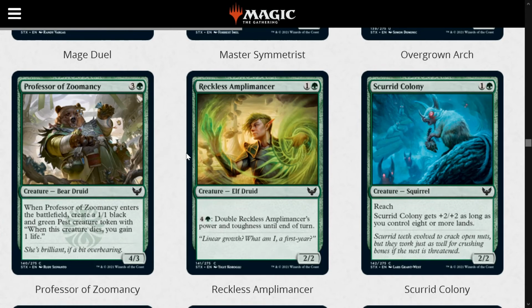So there's that. I have a bunch of mana, and I'm gonna double my Amplimancer's power a buttload and swing out and kill you. But other than that weird niche combo thing going on, I don't think it'll see a whole lot of